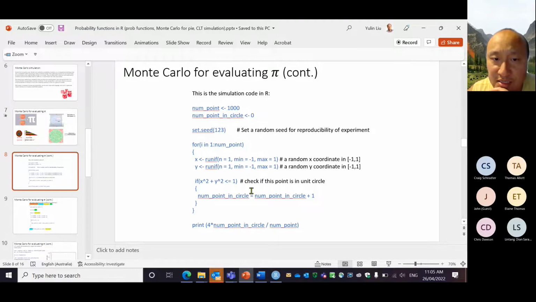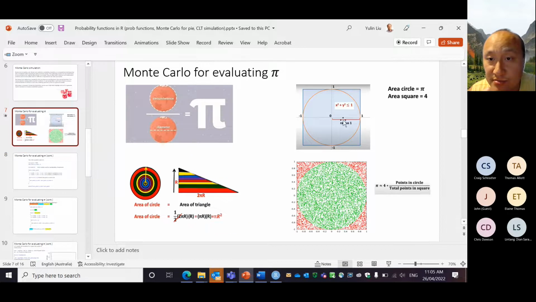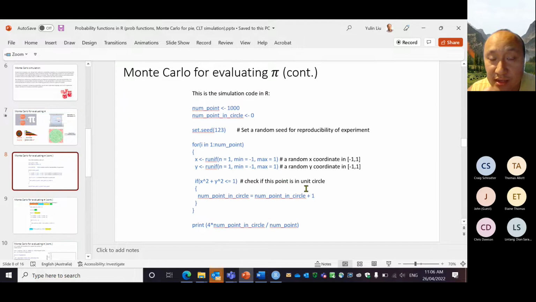I just calculate the distance from that point to the center. The center is 0. Remember, the center of the circle is 0, or the center of the square is also the same center, 0. So if the distance from the origin, the center, to the point is less than 1, I say this point is in the circle or on the circle. Otherwise, it's not in the circle. So if the distance is equal or less than 1,